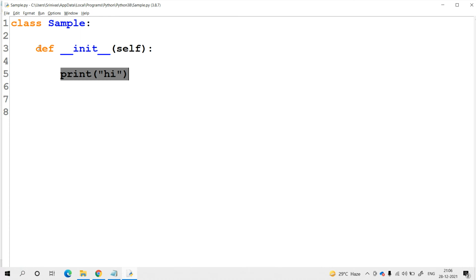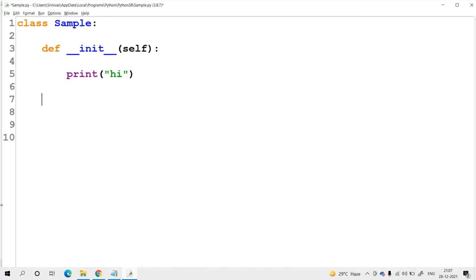The constructor always comes into the picture automatically at the time of creating the object of the given class. In order to define the object for the given class, it is very simple. Come outside the class scope and define the object of the given class. Now in the 7th line, we are outside the class scope. Here we can define the object of the given class. How to create the object? Very simple: s equal to the class name, sample. This is the object creation for the given class.